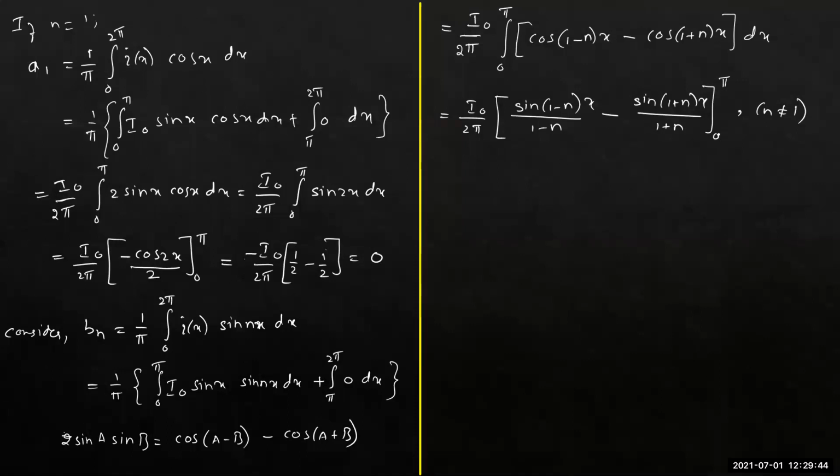Then when you take x equal to 0, the lower limit, both the terms become sine 0. When they are sine 0, obviously their value is 0. That implies we can directly write the value of Bn as 0. This is because sine of 1 minus n into pi is equal to sine of 1 plus n into pi is equal to 0. Anyway, since they are zeros, we are taking the value of Bn as 0, but this is only for n not equal to 1. So we need to calculate the value of Bn when n is equal to 1.